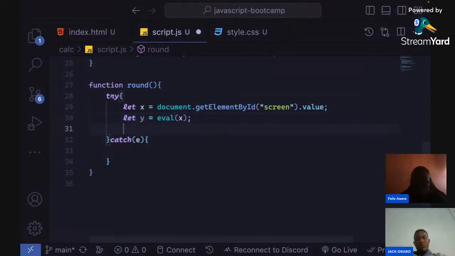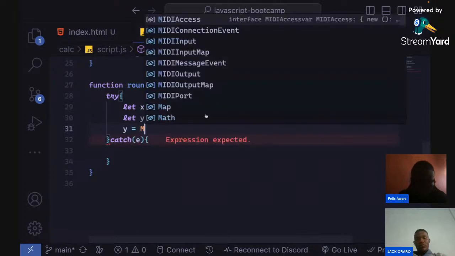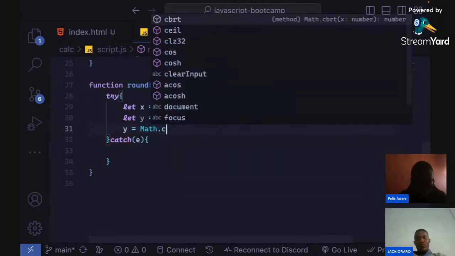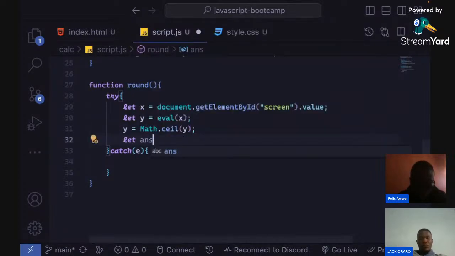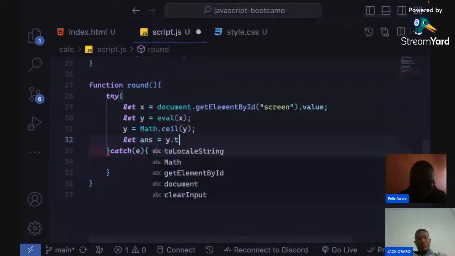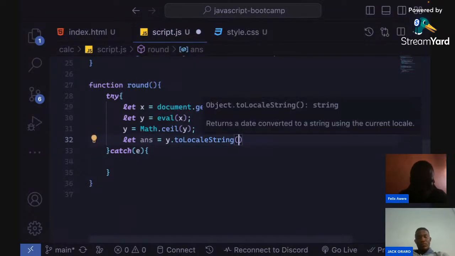I'm almost done. y is equal to Math.round, just to round up the number y, and of course the answer is equal to y.toLocaleString English US